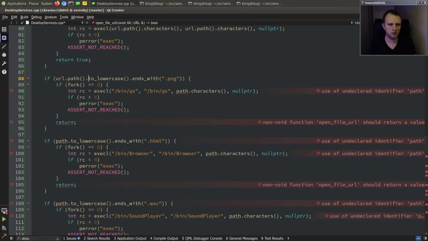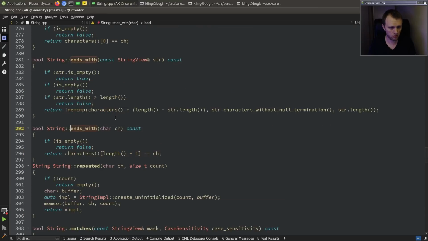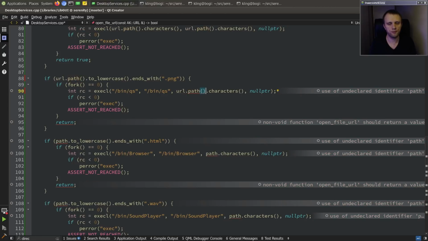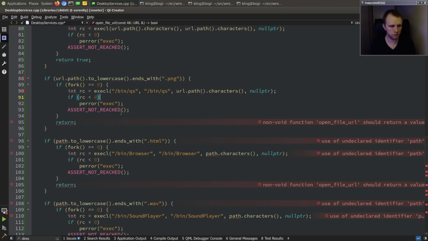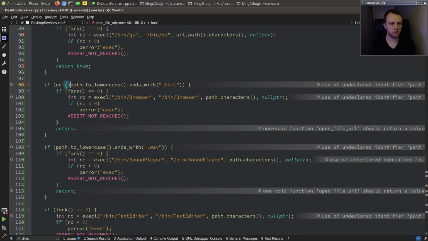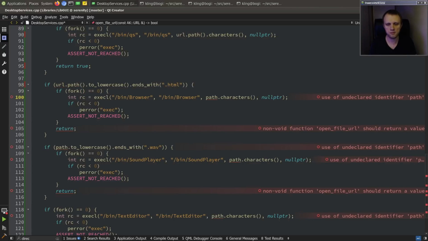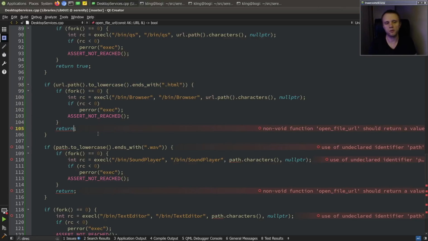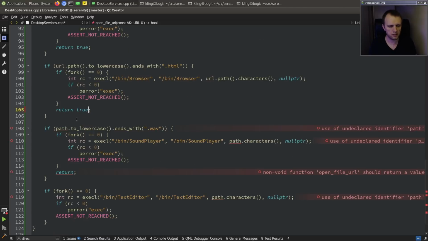And then, wait, ends with, oh yeah, I guess that's okay. So this is quick show for PNGs, and for HTML we spin up the browser. So same situation as HTTP, or any other protocol with file, except that we don't special handle it. So